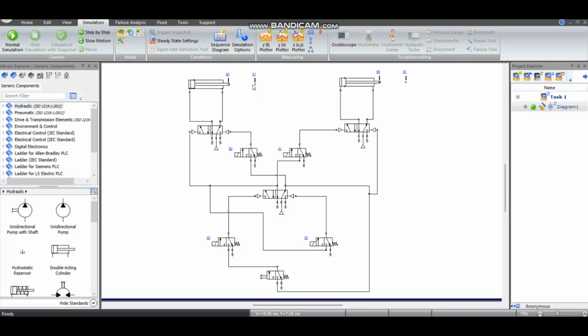After it hits the A1 limit switch, the directional valve for this one will activate to activate cylinder B for the riveting operation. After it finishes, it will retract, hitting the B0 limit switch, which will be followed by the retracting of cylinder A. As we can see here in the simulation,